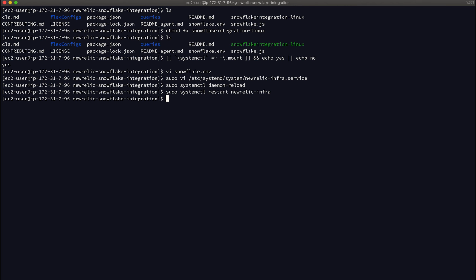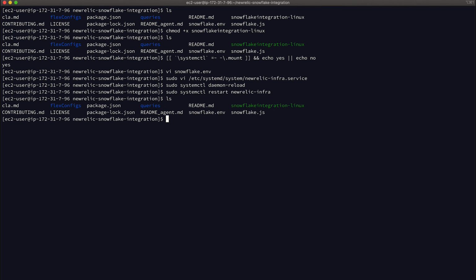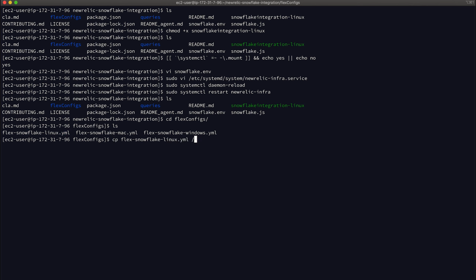Okay, now the final thing that we need to do is we have a set of configurations which we need to copy. So we're going to move into Flex configs now, and you can see we have this Flex Snowflake Linux. So we're going to take that and we're going to copy it into the New Relic infrastructure agent integrations folder.